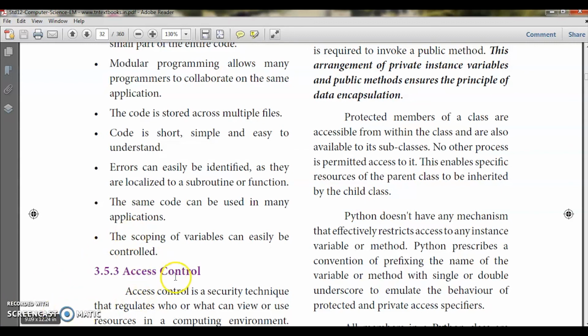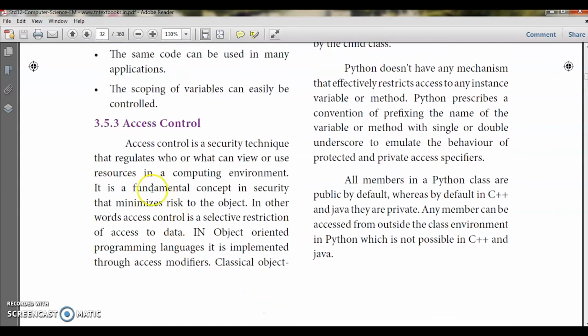So the last topic of this chapter is access control. Okay, so you know access control. So in this topic only we will come across the scope. Okay, so access control is a security technique that regulates who or what can view or use resources in a computing environment. Okay, access control is a security technique. So யாரு எதுக்காக ஒரு particular இதை